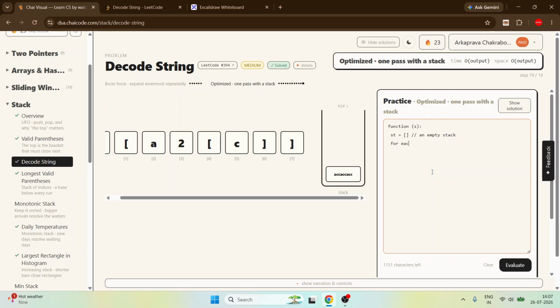So first, for each character in s, if the character is not the closing one, then simply push ch into the stack, and otherwise